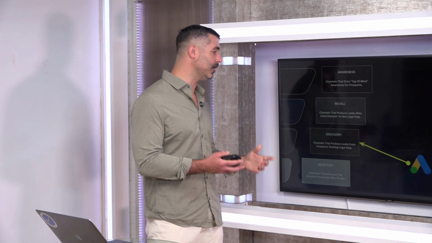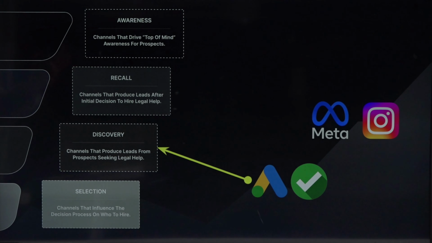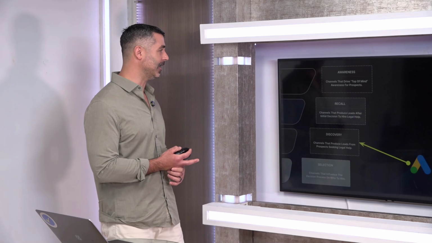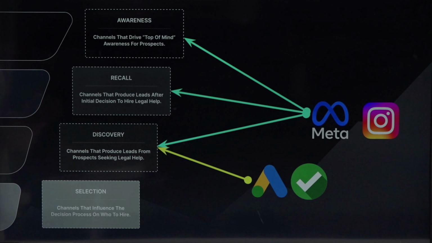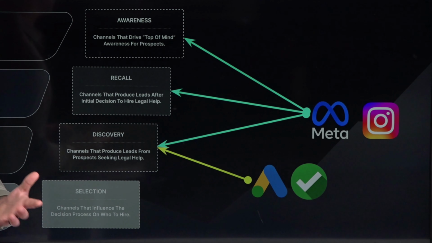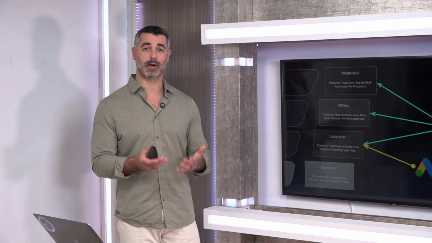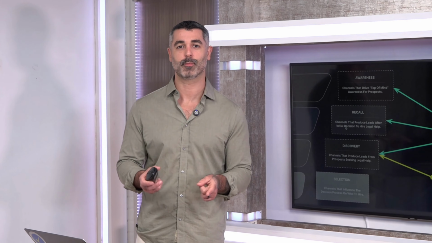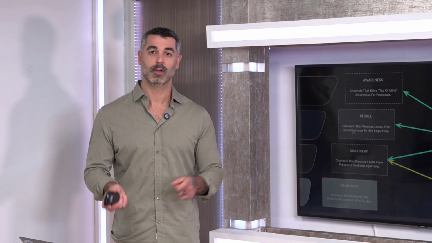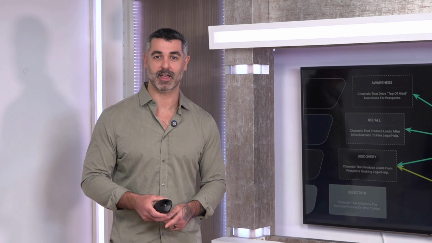Now, when we look at Meta, AKA Facebook and Instagram, what's so impactful about Meta, both advertising and organic, is the ability to get visibility at multiple stages of the funnel. And the reason why this is so important is twofold. Is that one, we can compete for the same traffic, the same eyeballs that Google does, because every single person that goes to Google and searches for something, then opens up Facebook or Instagram 20 times a day and scrolls,